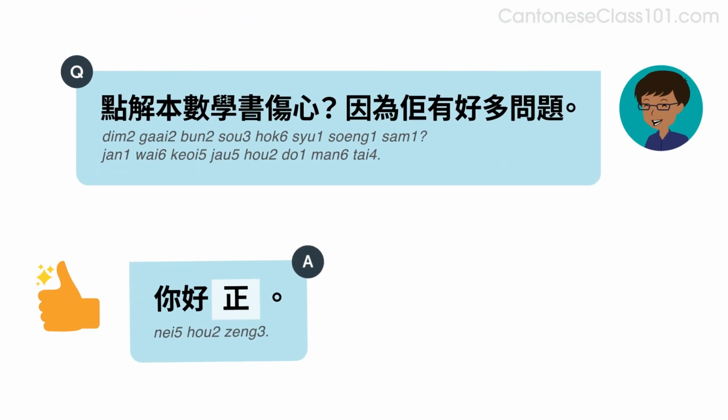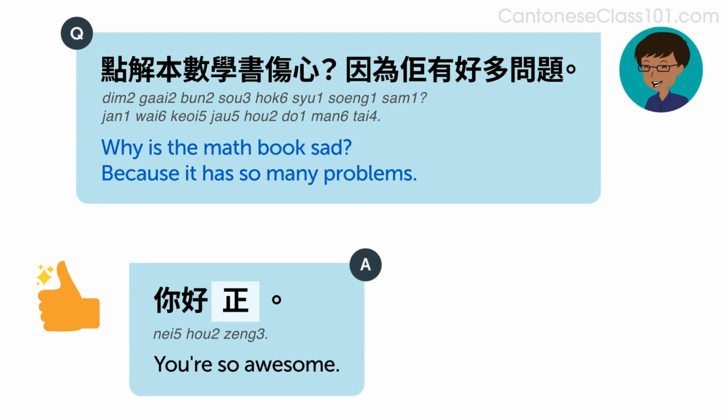Let's look at some examples. Listen and repeat or speak along with the native speakers. 點解本數學書傷心？因為佢有好多問題。 你好正， Why is the math book sad? Because it has so many problems. 點解本數學書傷心？因為佢有好多問題。 You're so awesome. 你好正，